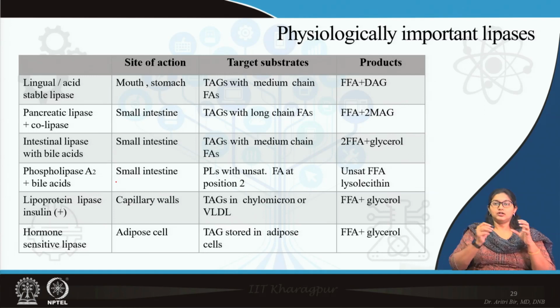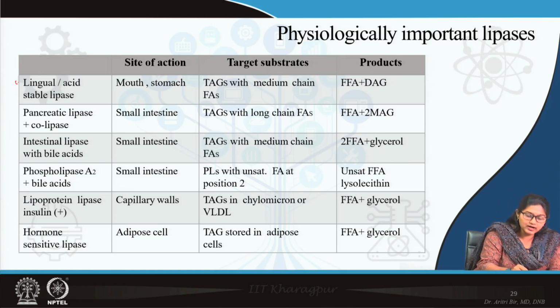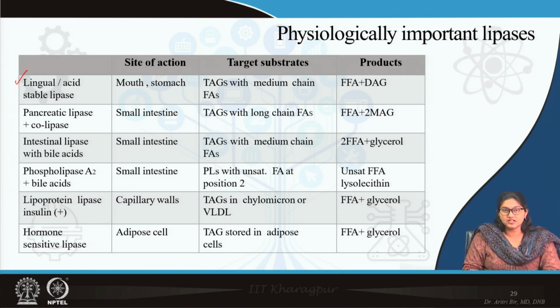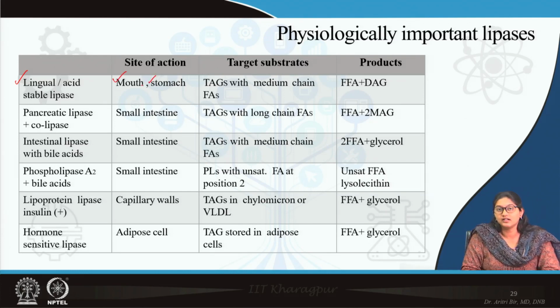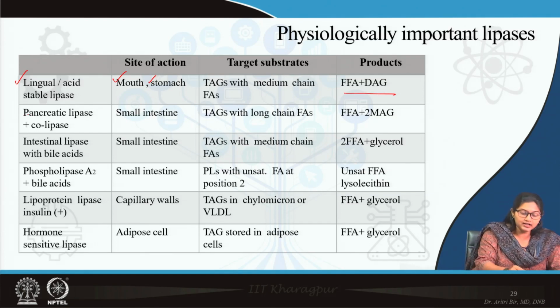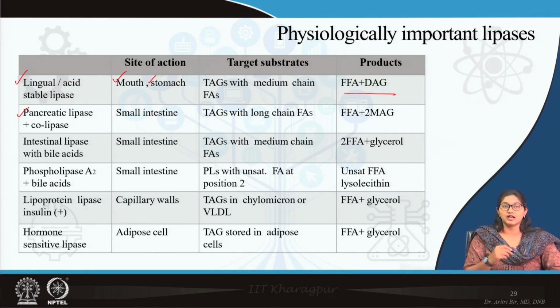So, at the end of this session we can see there are different types of lipases important for digestion of lipid. So, one is lingual lipase which is acid stable, active in mouth as well as in stomach. It breaks down triacyl glycerol with short or medium chain present in milk, finally giving rise to free fatty acid and diacyl glycerol. Then comes pancreatic lipase. Pancreatic lipase is secreted into the small intestine. It acts in conjunction with the co-lipase as well as in presence of bile salts,